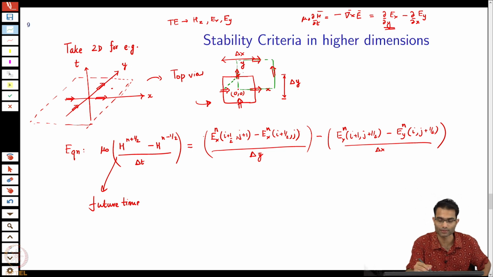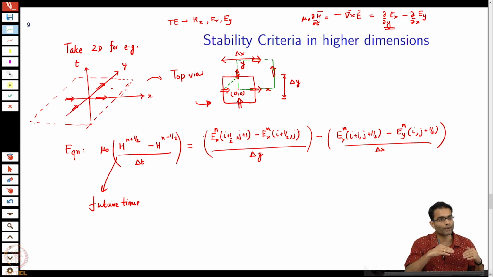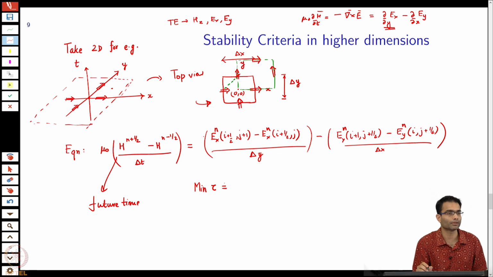between these 4 points that I have, 4 arrows that I have drawn over here, 1, 2, 3 and 4, which is the shortest distance? It is this dashed green line, right. So, we are talking about a wave that is physically traveling, okay. Now, the philosophy is we want to do our time updates before the wave travels to the nearest point, okay. So, the minimum tau, minimum time taken to travel, right, the best case can happen when the wave is traveling, for example, in this direction like this,